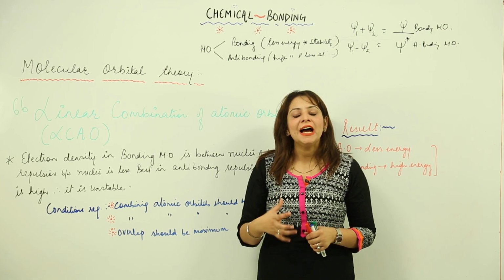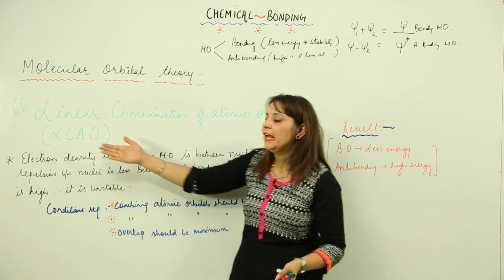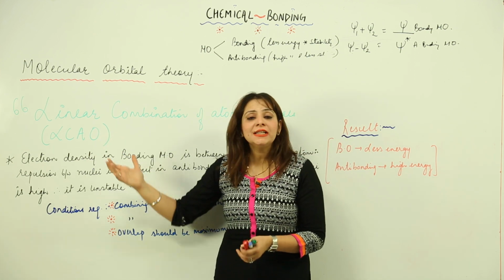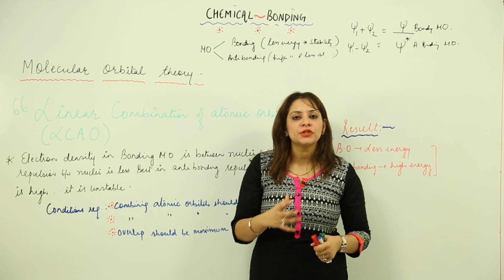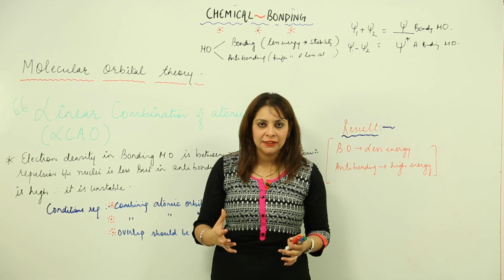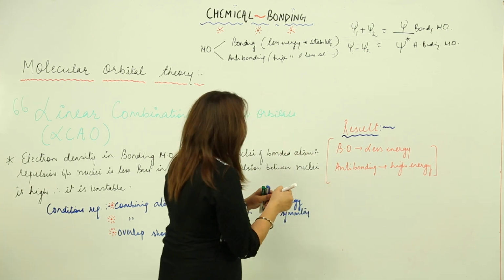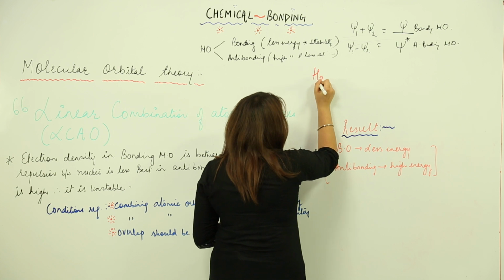Now we are going to try out the linear combination of atomic orbitals, that is our LCAO. Right. So what does the LCAO actually want to state? It is actually a theory which explains the combination of atomic orbitals. So according to this theory, suppose I need to form a hydrogen molecule, right,